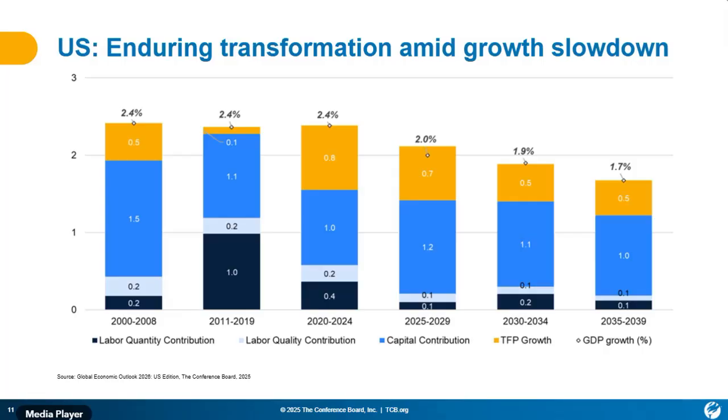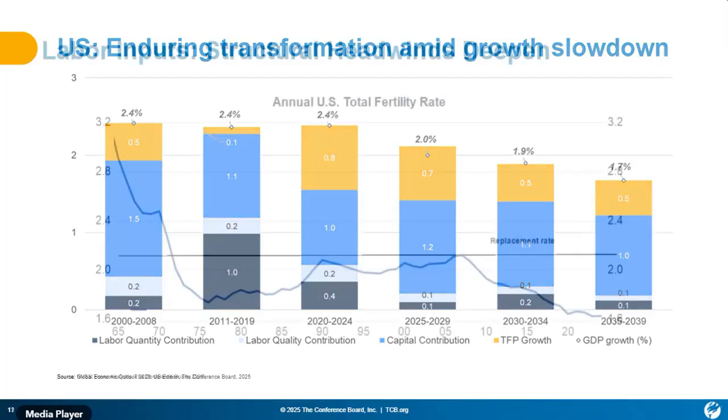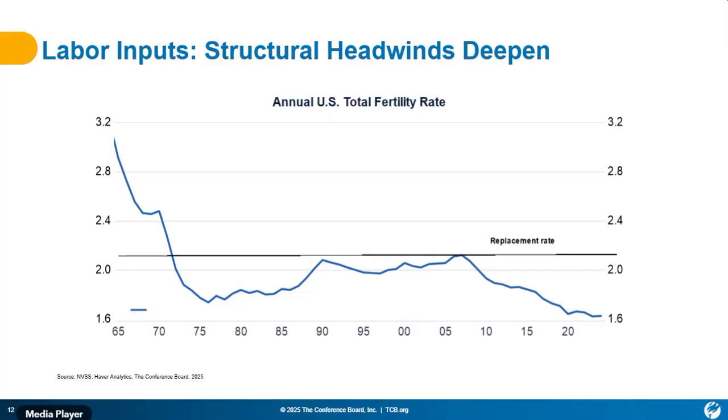But we have a couple more slides here. I would like to talk about the aging population a little bit. This chart shows the fertility rate, which continues to decline. The latest numbers are way below the population replacement rate. It's been the case for a long period of time, but things are actually deteriorating in the US. We're having fewer and fewer children, whereas we are aging as a population, which is not that different from other developed economies.